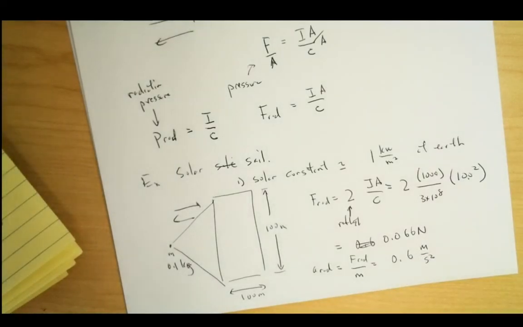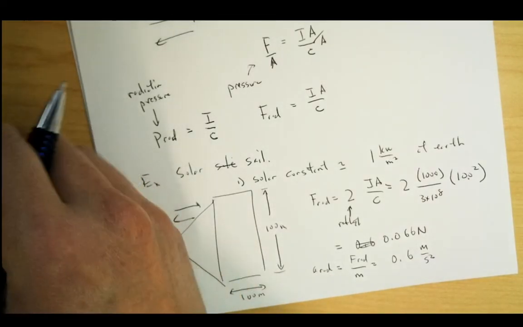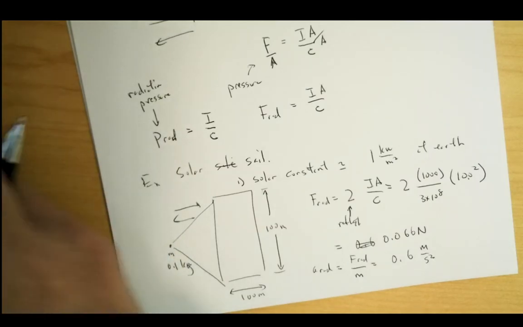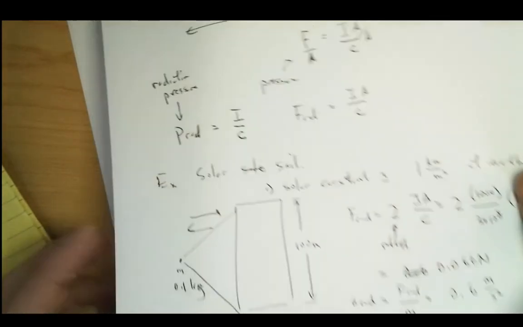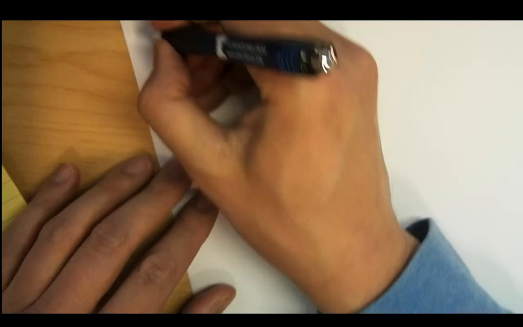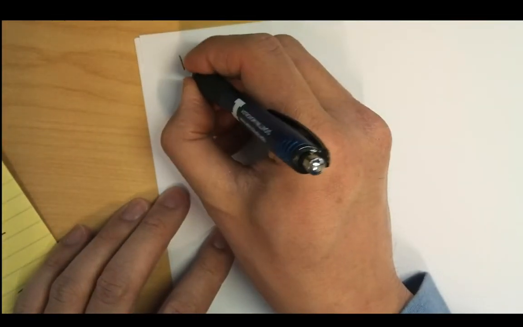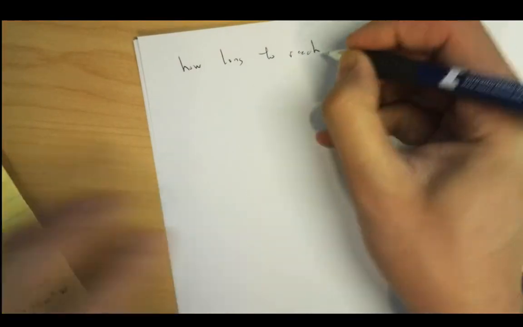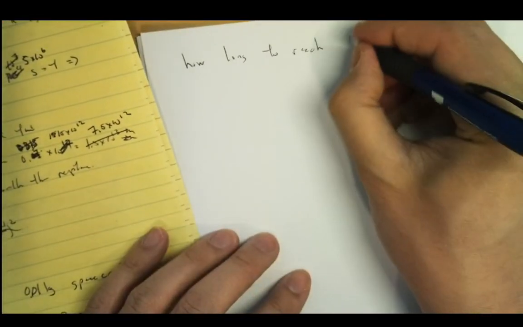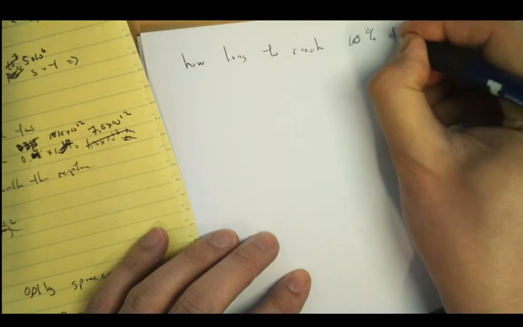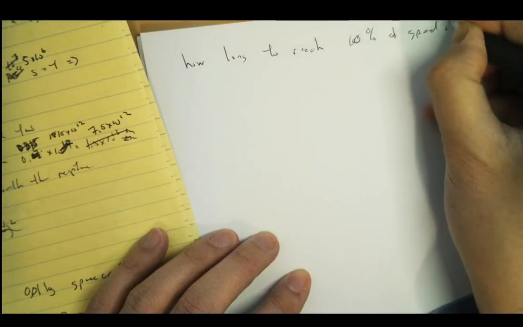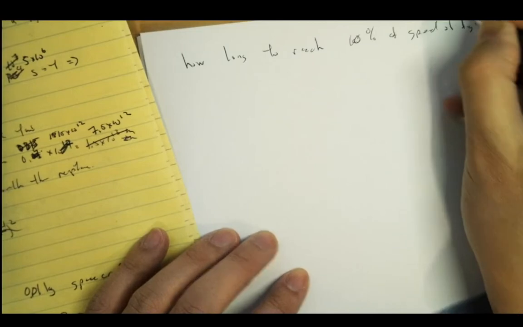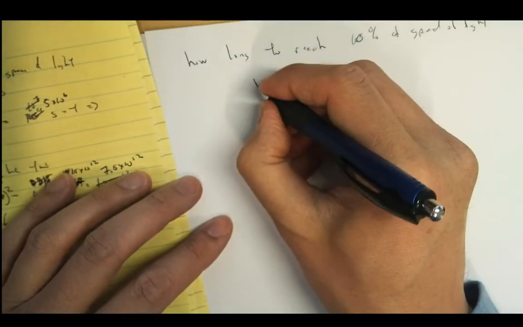That's a fairly respectable thing. It's not anything compared to Earth's gravity, which is something like 10, right? Okay, so if you want to ask how long to reach 10% of the speed of light, okay, so that's V is equal to